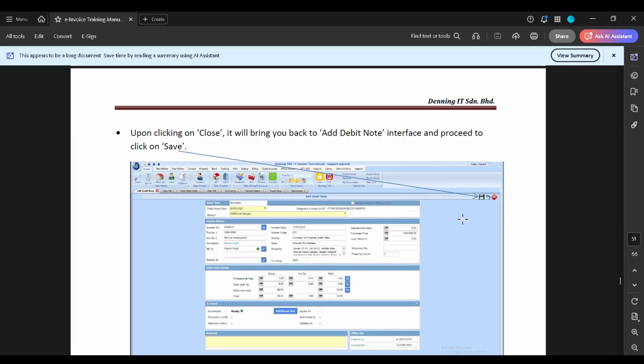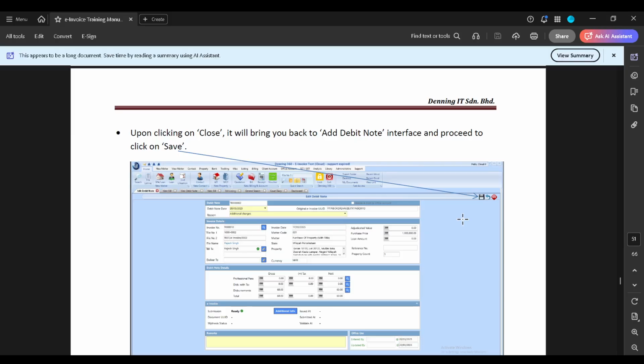Or you may need to add another item because you undercharged the client earlier. Probably I forgot to charge the client on caveats. I need to charge the client on the withdrawal caveat. Usually for debit notes, sometimes you do a correction and also you charge them more, because probably you have omitted or forgot to charge them for certain services that you have provided. For my example here, in my bill I've probably forgotten to include the withdrawal caveat. The charge is 60 ringgit. So now I'm going to issue a debit note